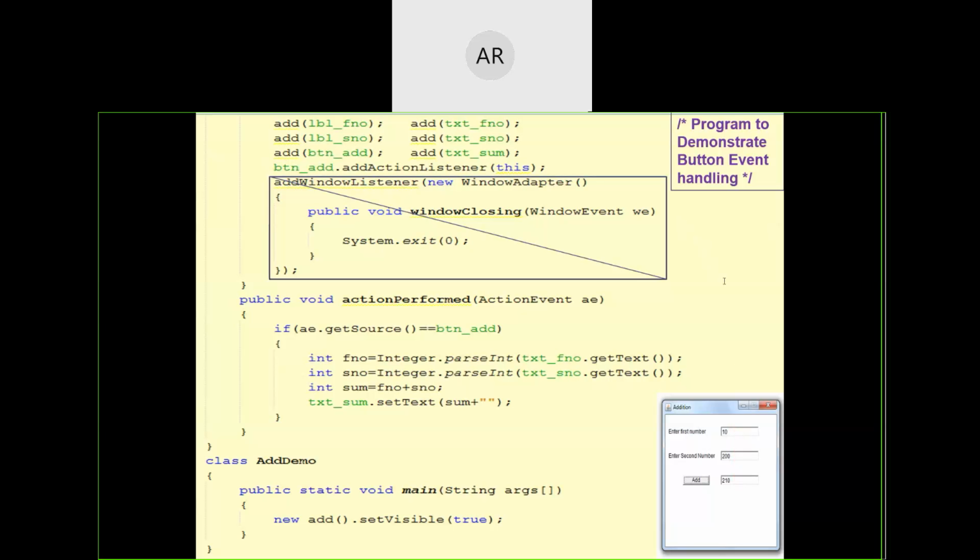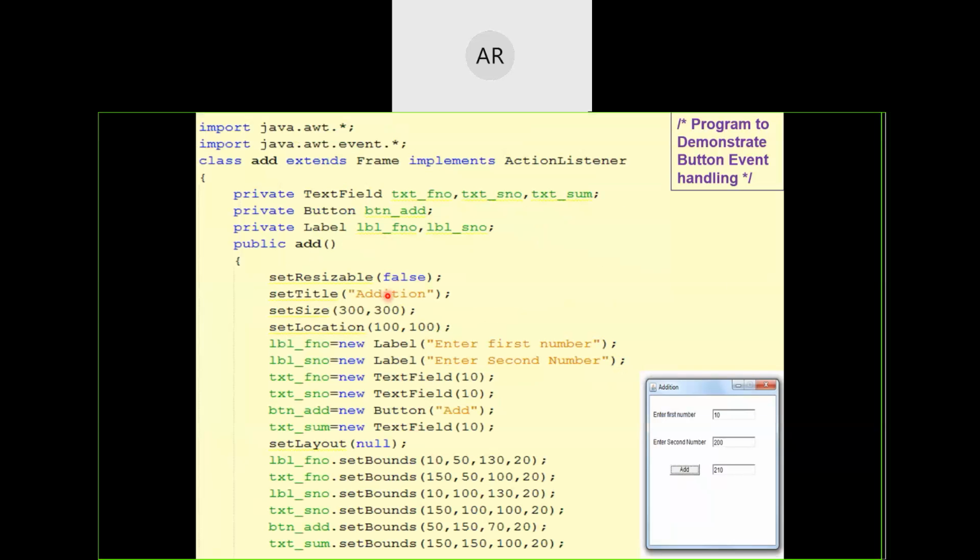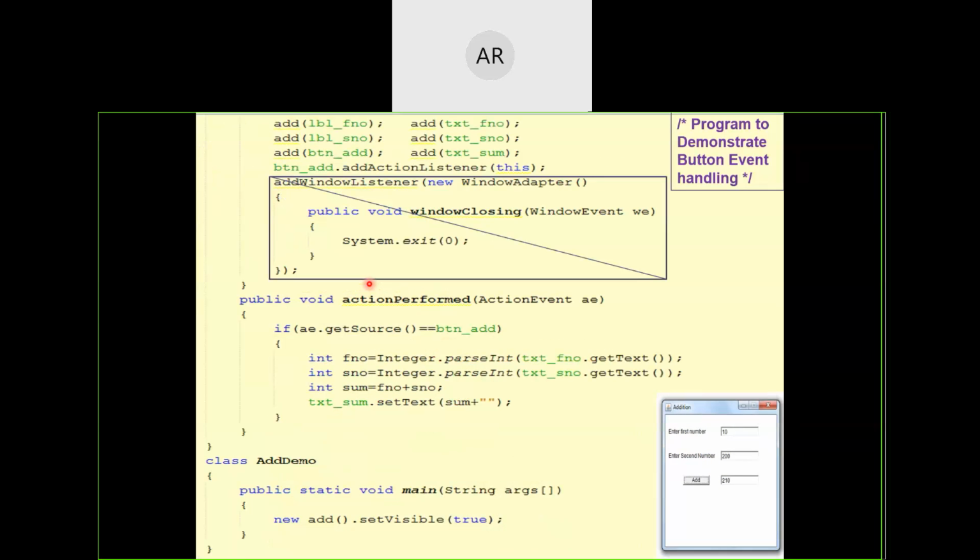If we mention setVisible in the starting itself, what will we write in main? Sushmita, your doubt is a very nice doubt. If we mention setVisible in the constructor itself, there is no need to write it here.